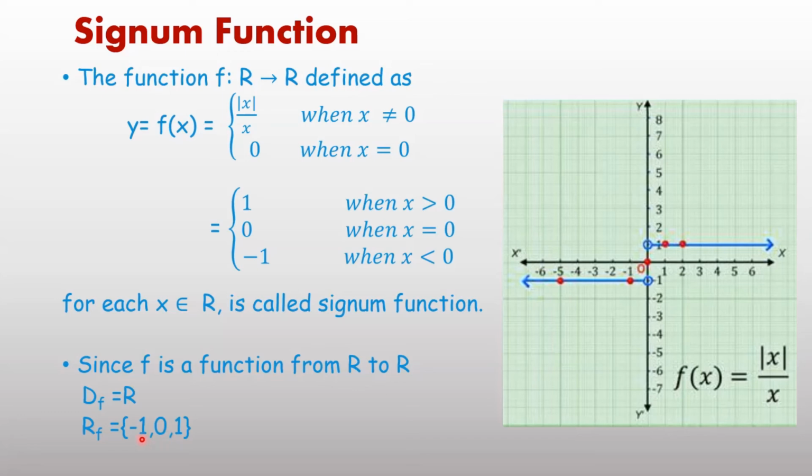Minus 1 you will get when? If x is less than 0. f(x) equal to 0 if x equal to 0, and f(x) equal to 1 if x is greater than 0. And the codomain is real numbers because the function is from R to R. Whenever any function is written as R to R, first one is domain, it is codomain, and range you have to find here as per the definition of function.